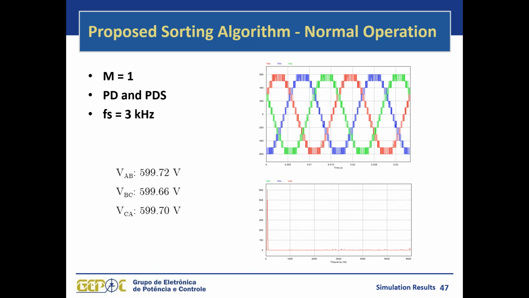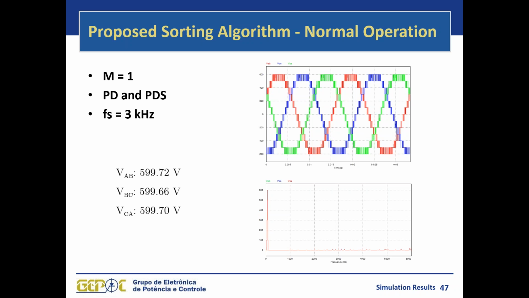Moving on to the comparisons, here we have the output line-to-line voltages for the PDS and PD strategies. So we have the waveforms in the time domain and also the spectra of these voltages. What happens is that the output line-to-line voltages for the PD and PDS modulation are exactly the same. So this proves that we are able to achieve very good output line-to-line voltages with a very good harmonic performance,